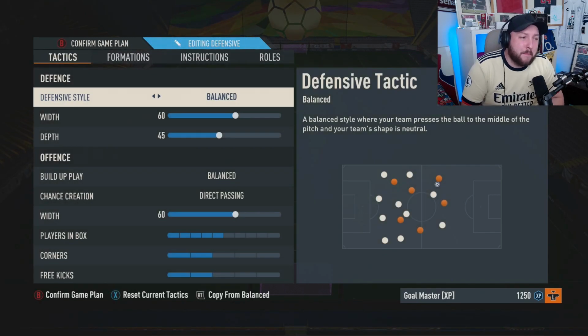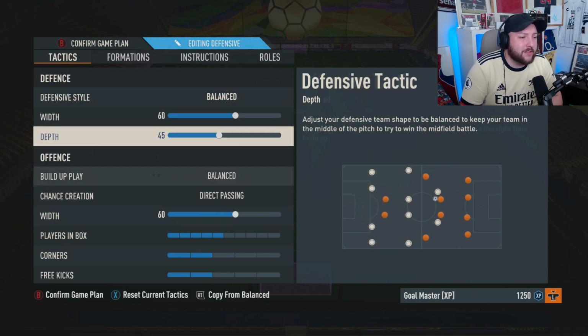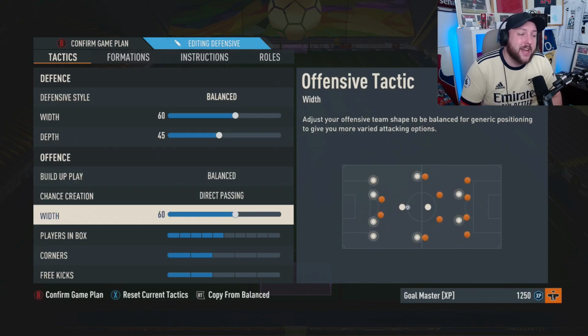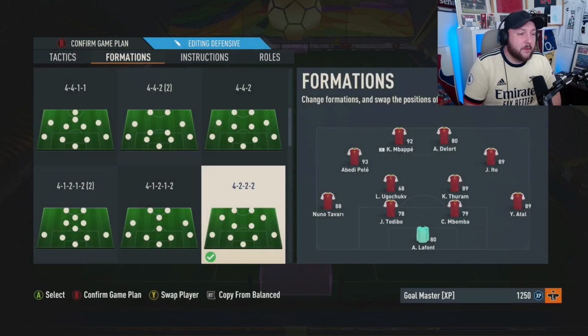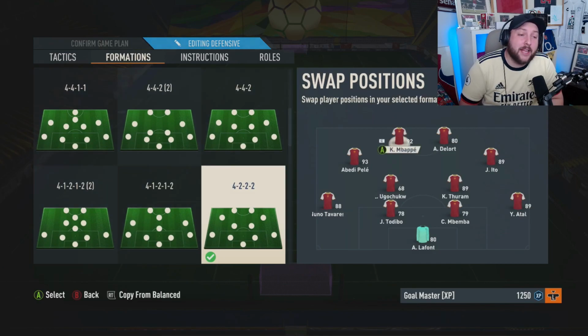And you can see here we're going to have balanced, 60 width, 45 depth, balanced, direct passing, 60 width, 5 players in the box, 2 on corners, 2 on free kicks. But if you find yourself being countered attack or your opponent scoring from your corners a lot, just knock this down to 1 and get yourself on your way. That way you won't be counter attacked as much. A lot more players will be sitting on the edge of the box ready to attack. Then we're going to go to formations and we're going to use the 4-2-2. So if you want to swap a player, let's say Mbappe was in the wrong position when you put it, just press Y or triangle and then you can just...